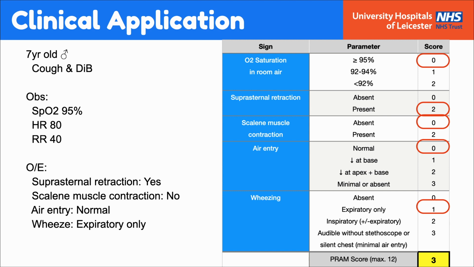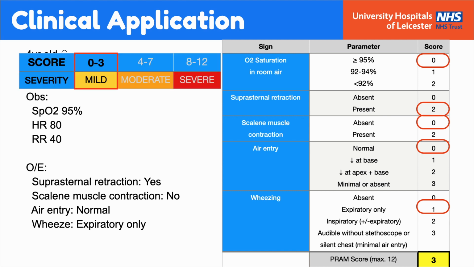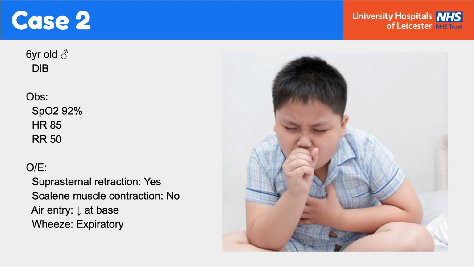So if we calculate his PRAM score, it would be 3, which means he would not be eligible for enrolment into the HiFLO ASA study at this time. Case 2 is a 6-year-old boy in the ED with wheeze and difficulty in breathing. He receives again 2 salbutamol inhalers back to back, and then an hour after the first inhaler is given, we